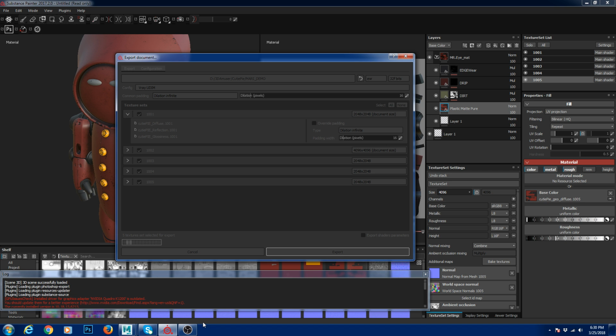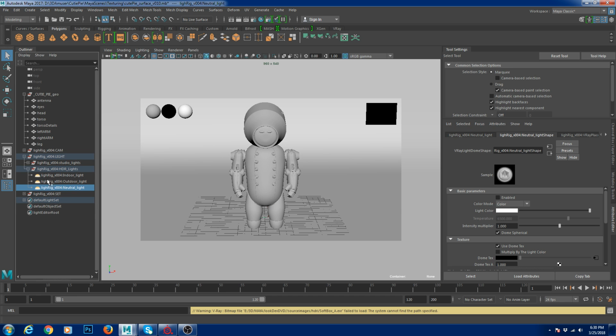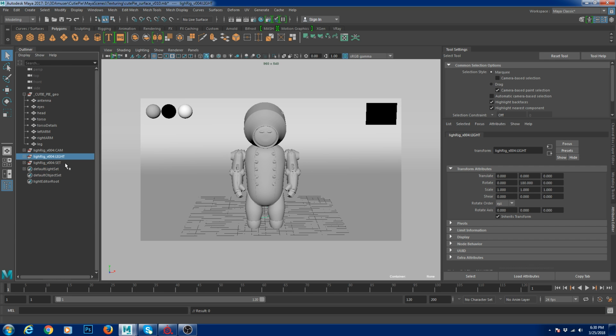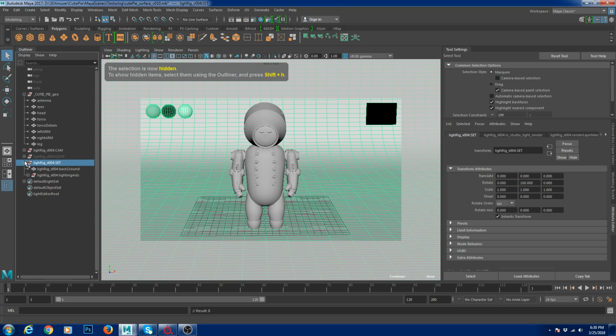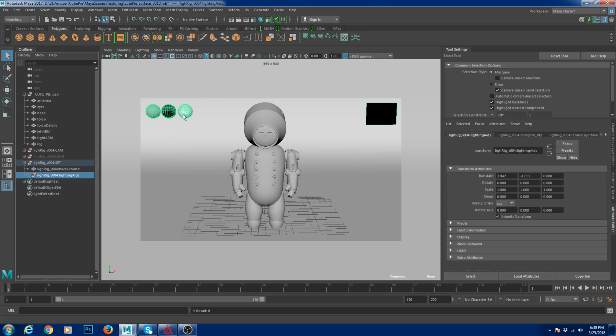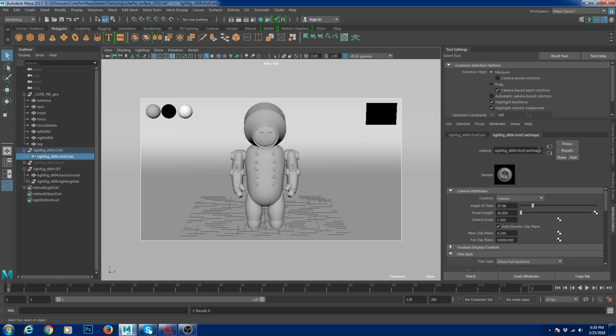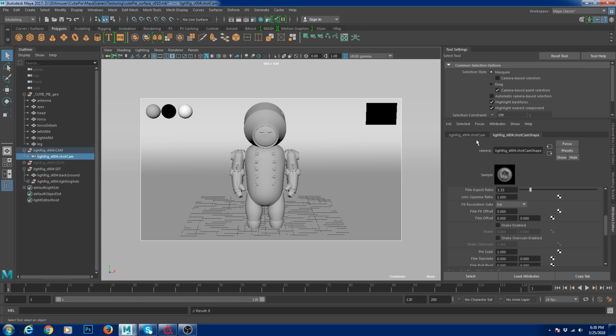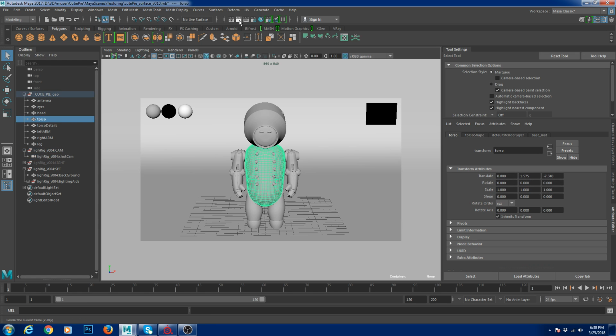So meanwhile, this is my lighting scene, and I have a set with the backdrop and some shader balls and a Macbeth, and there's this HDR light I have. It's like indoor studio light. So now if I render this out,